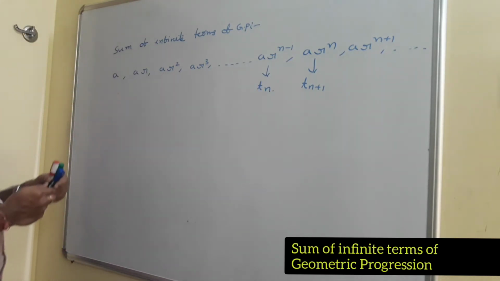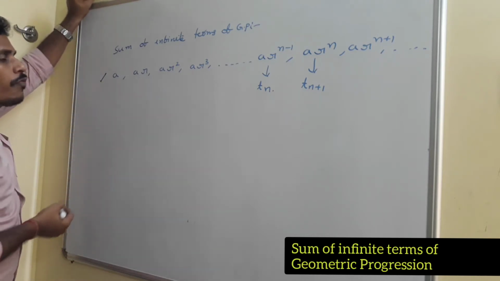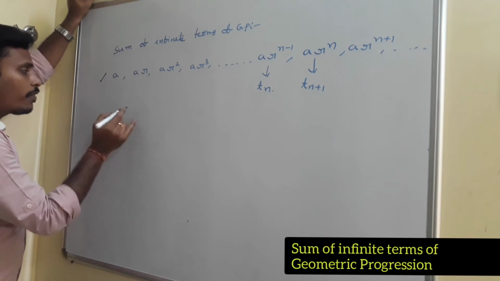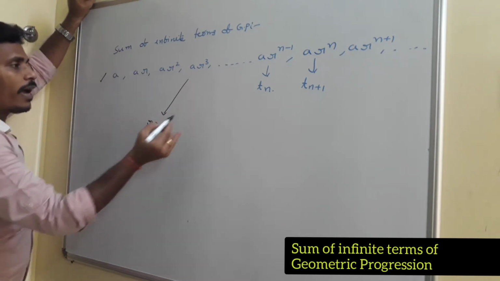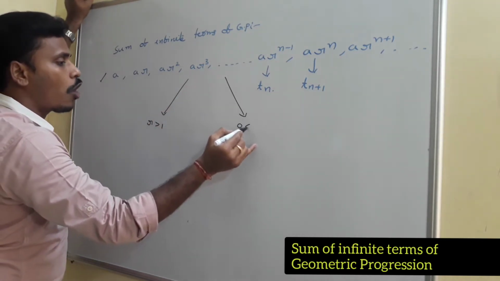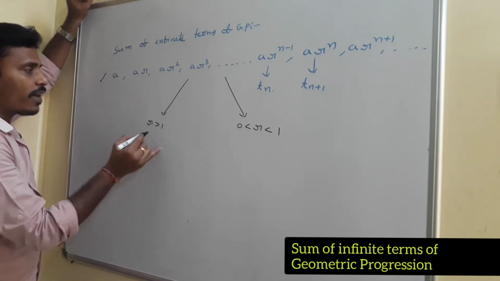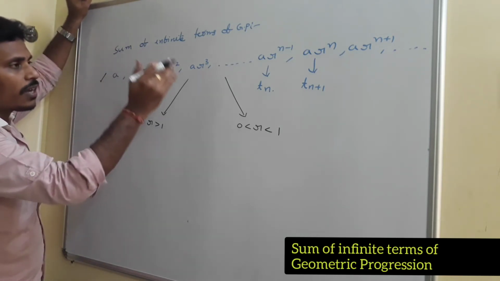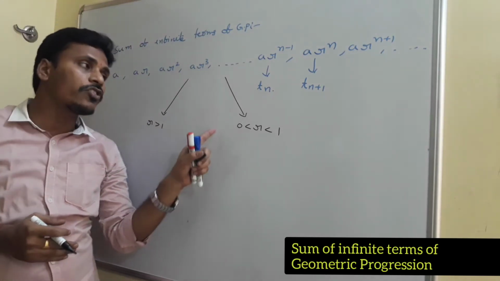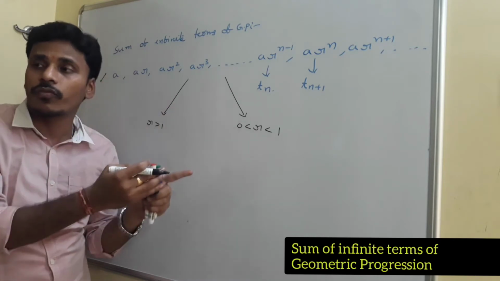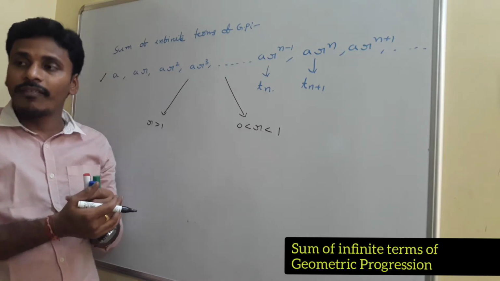But if you think about what happens to this particular sequence depending on the value of r. See, my idea is, if the value of r is greater than 1, and if the value of r is in between 0 and 1, there are two different cases. Look at this. If the value of r is greater than 1, if you move from term to term, the sequence will increase. But if the value of r is in between 0 and 1, if you think about the terms of the sequence, if you move from term to term, the value decreases. Right? I will give you one example.